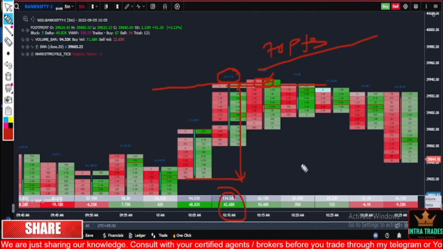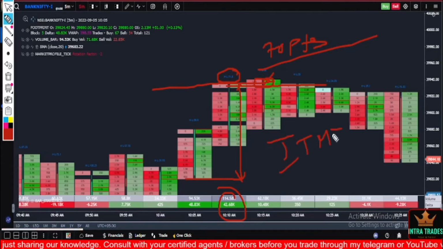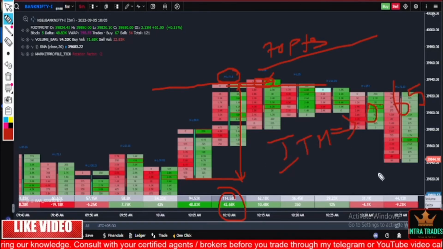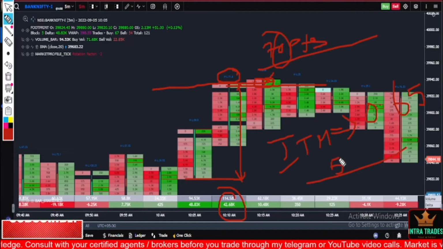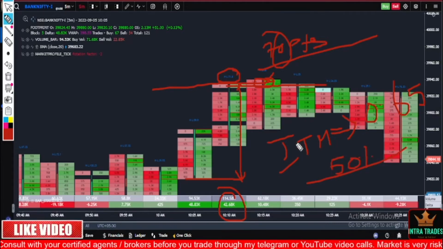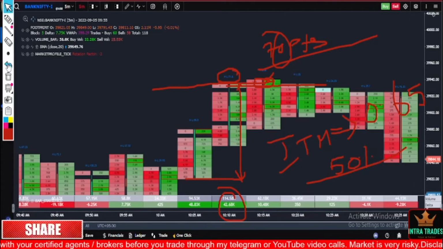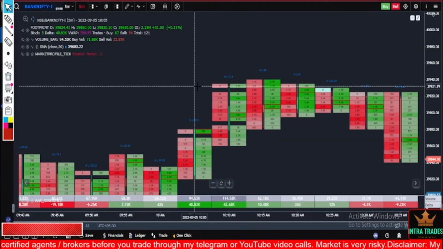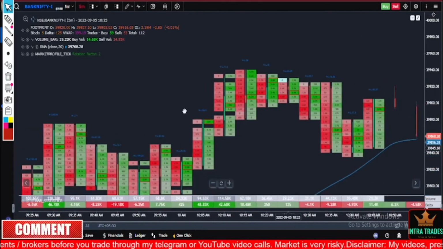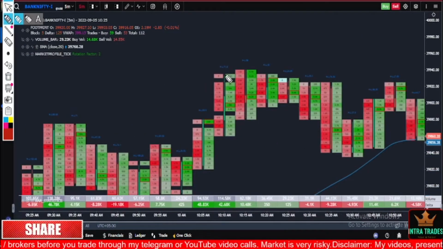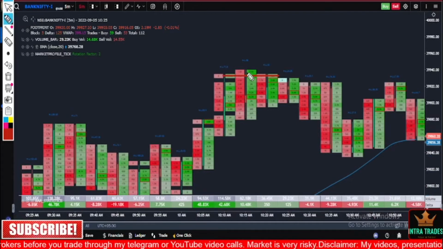When I take an ITM option, I might get 0.65 of this 70 points, which is around 50. Leaving the market without making any money is better than taking a risk. So I decided to enter here, which was triggered in the next candle itself,